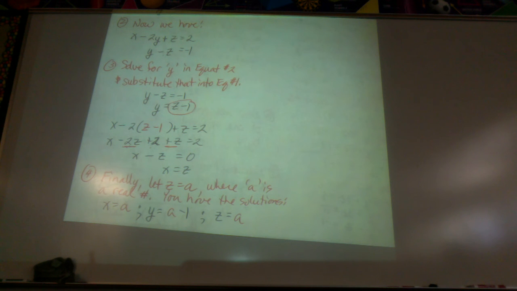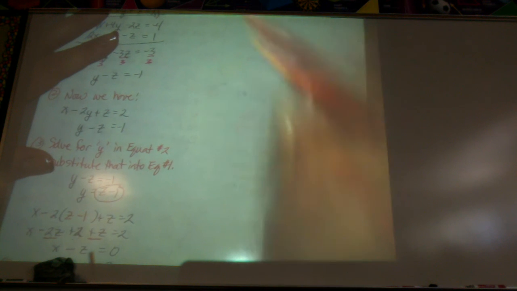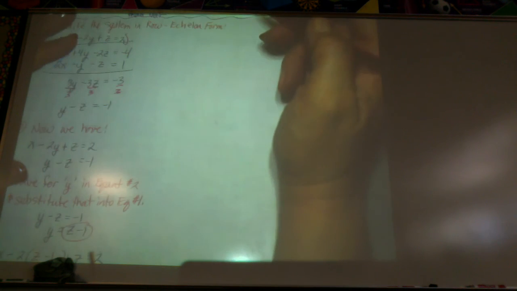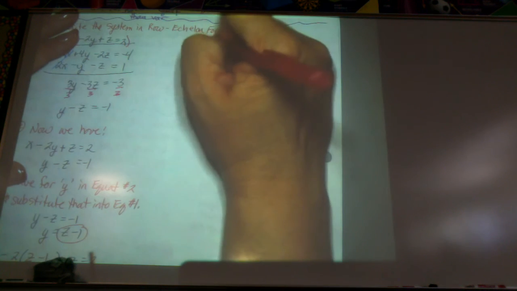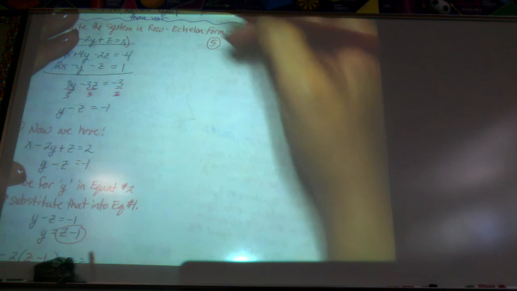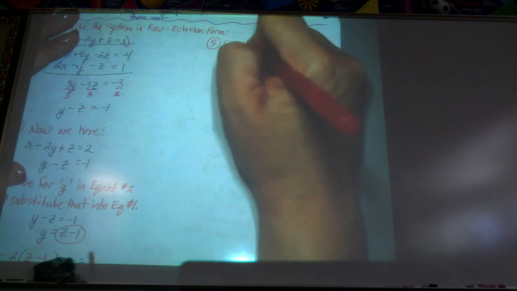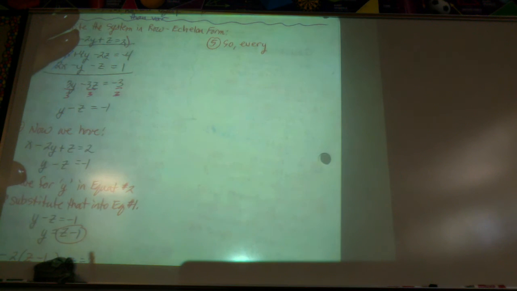So this is what your triple ordered pair is going to look like. Can I move up? Because I have to move up to the other column. Can I move this away? All right, so then step 5, once we figure out what the pattern is, because this is the pattern to our infinitely many solutions. So step 5, every ordered triple